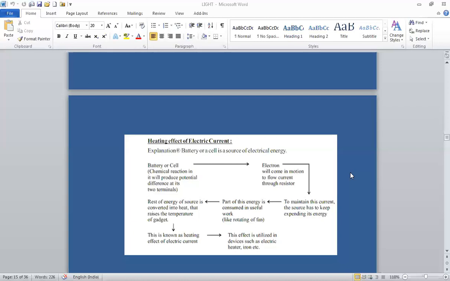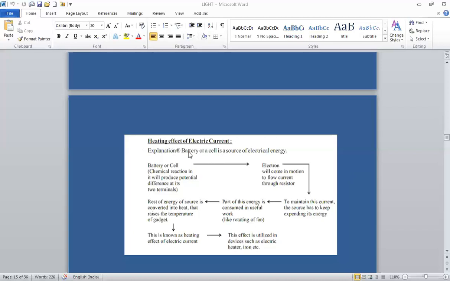the heat energy generated or lost when the current flows through the resistance, we have the formula H is equal to I square RT. This is known as Joule's heating effect of current, or the heating effect of electric current, and how this happens we'll see in this flow chart.